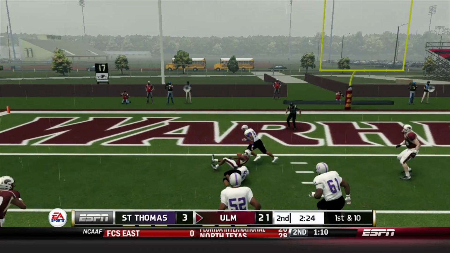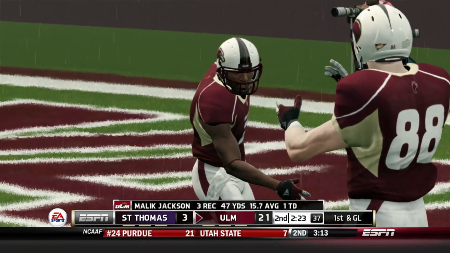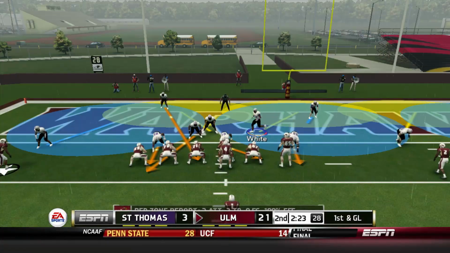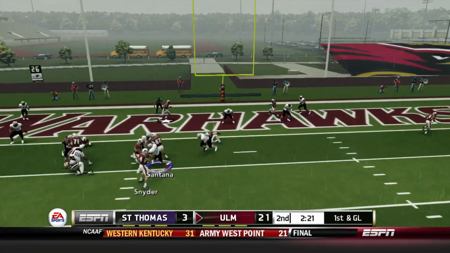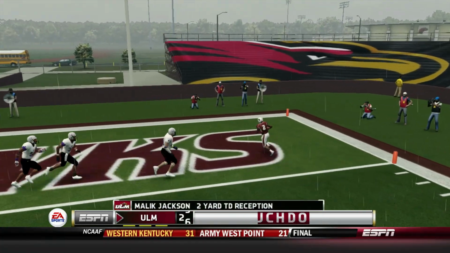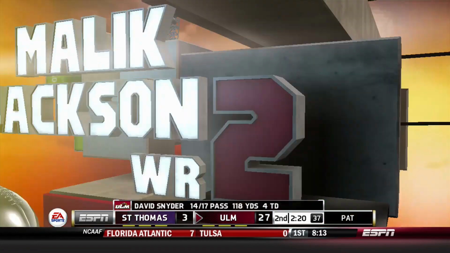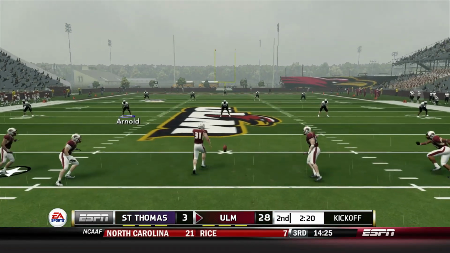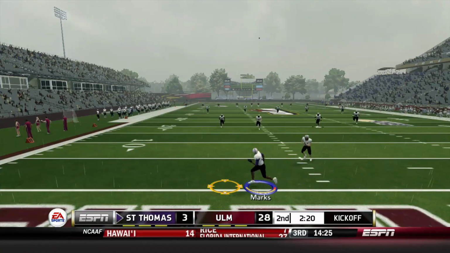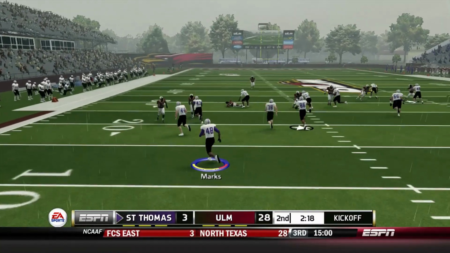even bigger of a lead, and he brings it down to about the 1 yard line thanks to that catch and run. So now Warhawks first and goal. Snyder's gonna try to throw to his right, and he's wide open. Malik Jackson probably gets his easiest touchdown of the day, making it a 28-3 ball game. And things are definitely not looking good for the Tommies here in this first half, but hopefully Jonathan Marks here